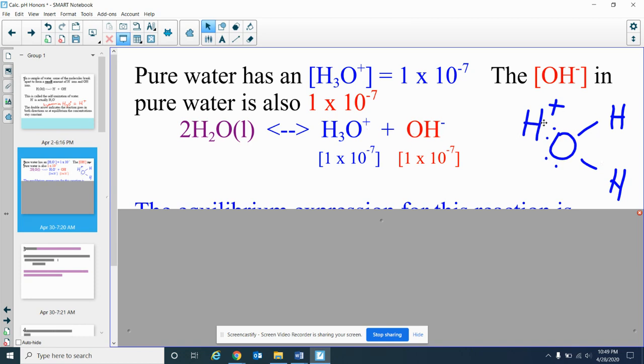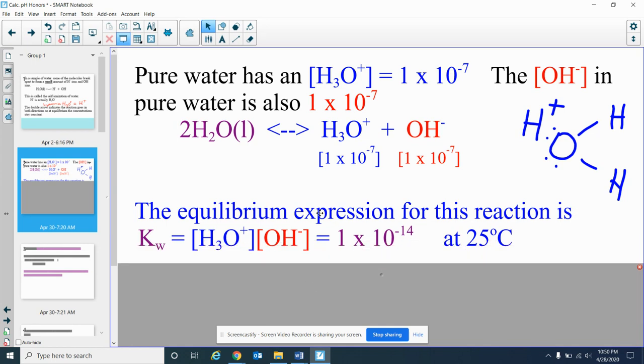Again, this is the H3O plus, a water molecule with that H plus from the one water molecule on it. Okay, so we get an equal amount of H3O plus and OH minus in pure water. So this is called the equilibrium expression. Capital K is the equilibrium expression. Capital K for water is that those two concentrations multiplied together will equal 1 times 10 to the minus 14th